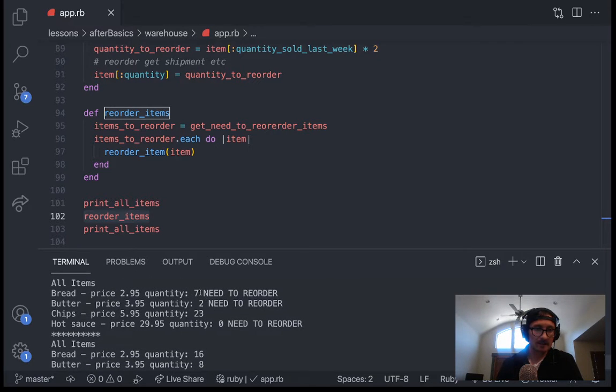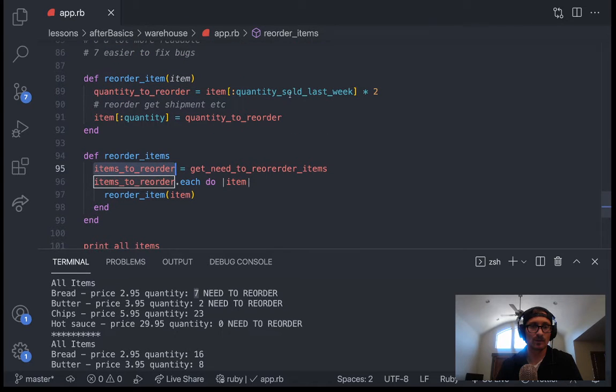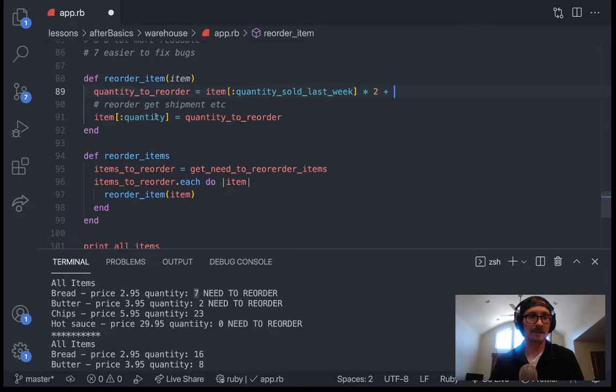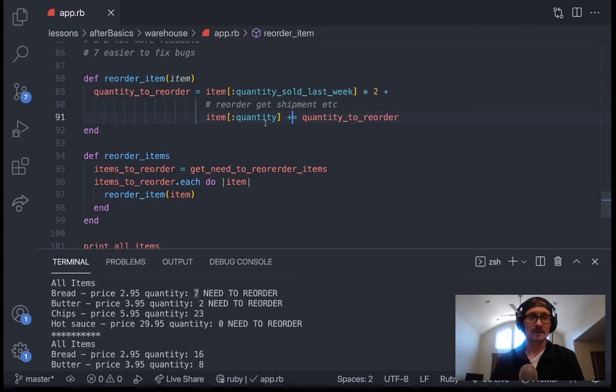There might be a little bug here because I'm looking at bread. It started out with 7, and I said items to reorder is the quantity times 2. If I want it to be really explicit, I might want to also add, right here, the item dot quantity would be the quantity to order, or do a plus equals. So I'm taking my quantity that I already have and then the quantity to reorder. So if I do the plus equals there,